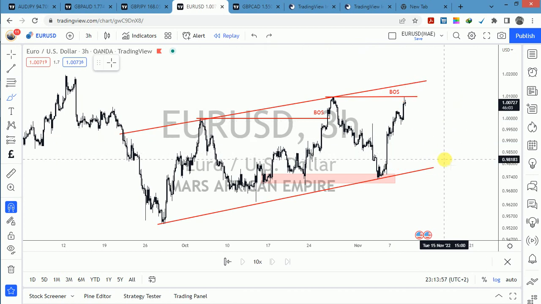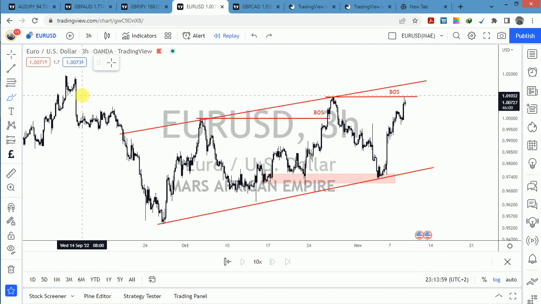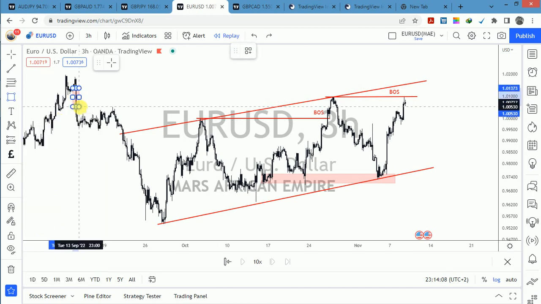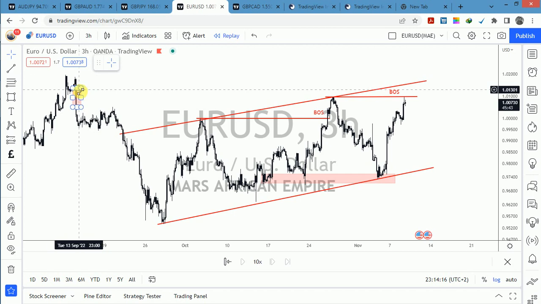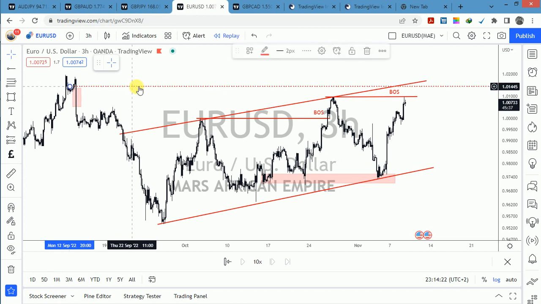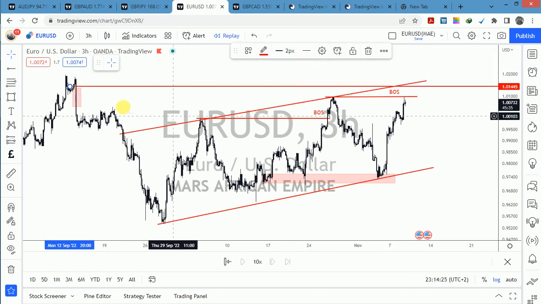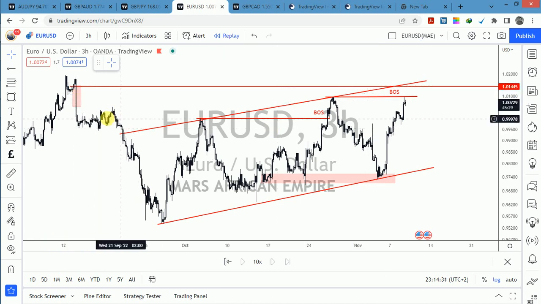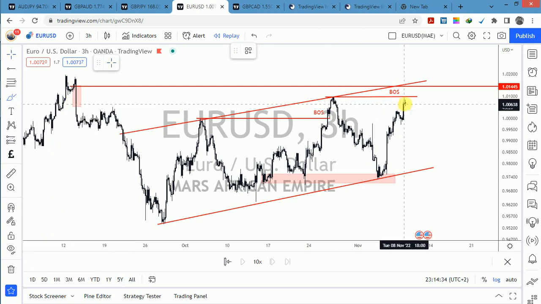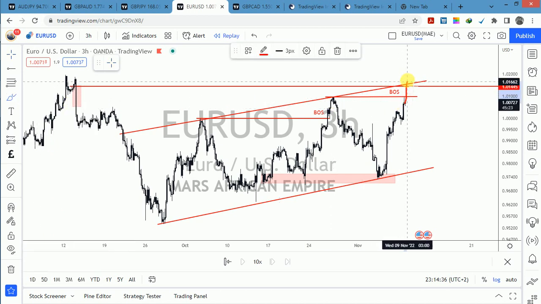Now if you look on your far left, you can see that there was an imbalance here, which I believe we still haven't closed yet. We are going to close it if we get to that candle. That is when we are going to close or balance this candle here. So we are expecting this price to continue to go up, close up the imbalance before we